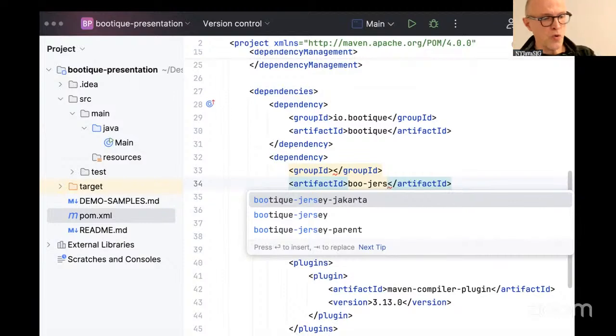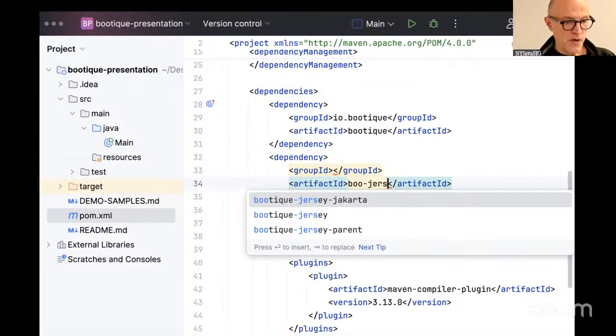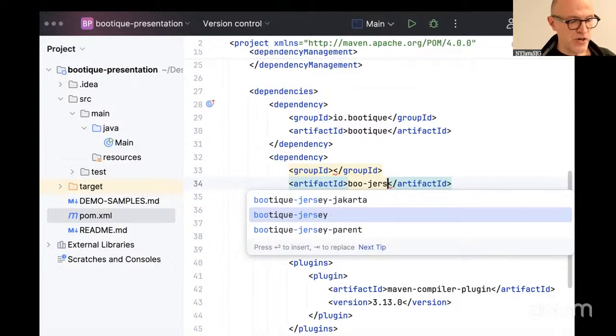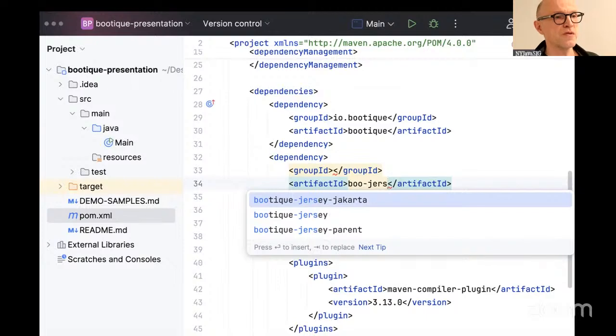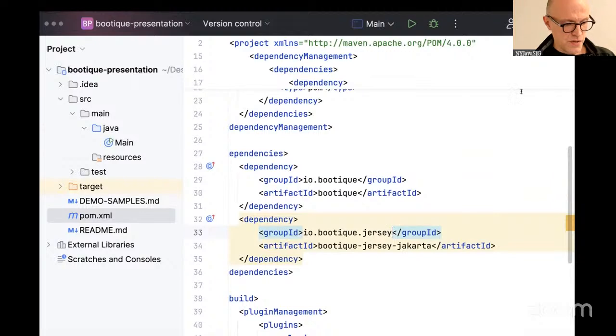All the standard modules that come with Bootique usually start with the name Bootique, and then you type the name of the technology. And we also support Java EE, or rather javax, and Jakarta versions of all the libraries in Bootique 3.0. In 4.0, we're going to get rid of javax and just stay with Jakarta. So right now we're providing this transition. So I added Jersey, and